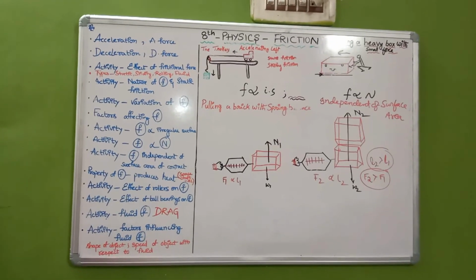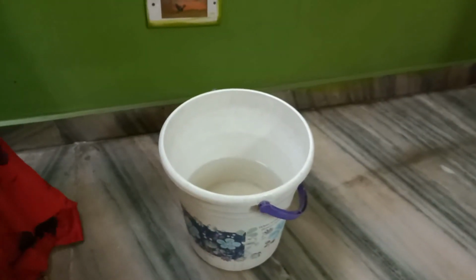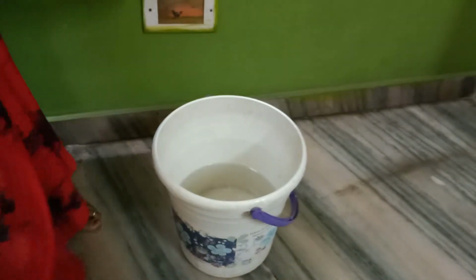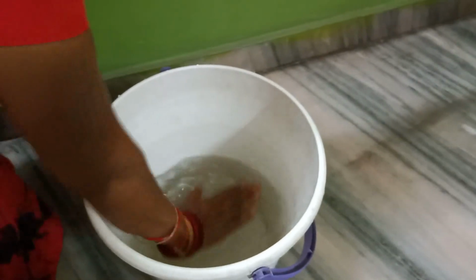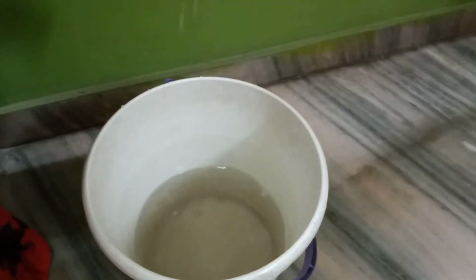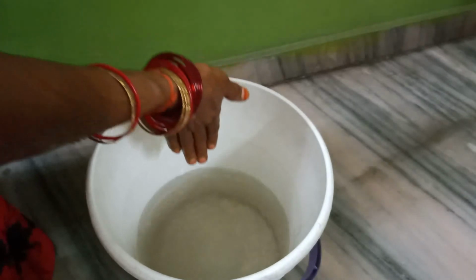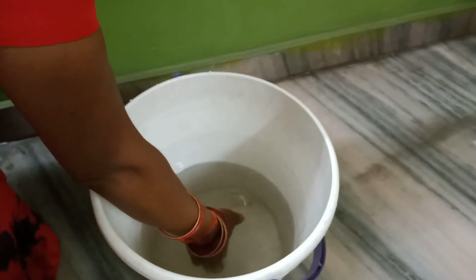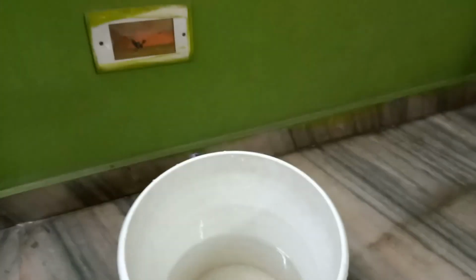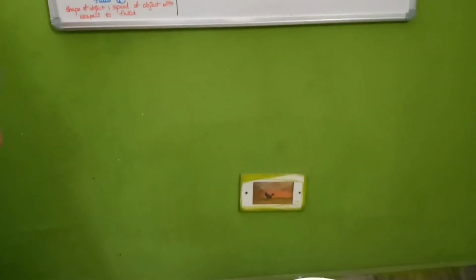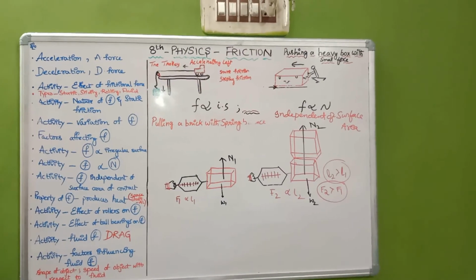Let us do the last activity. When we take a bucket of water and try to tear the water in this direction, we feel it is very difficult and we get hurt. But when we place the hand in this direction, we can easily tear the water layers. In the same manner, divers jump into water bodies from the top of a cliff without getting hurt. Read the textbook and answer the assignment questions.